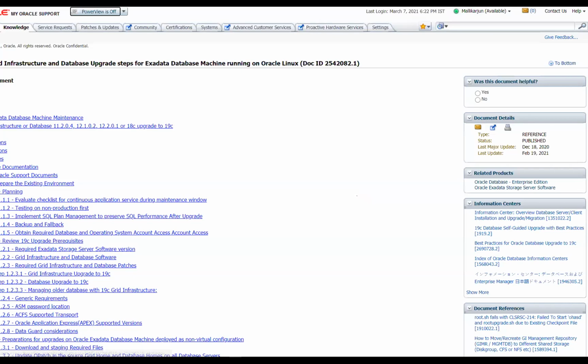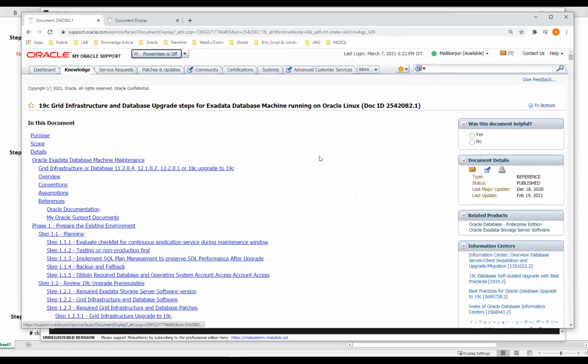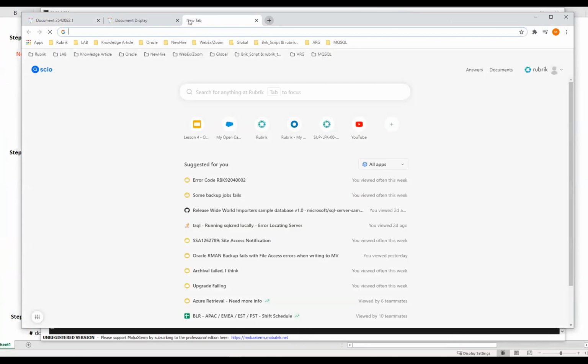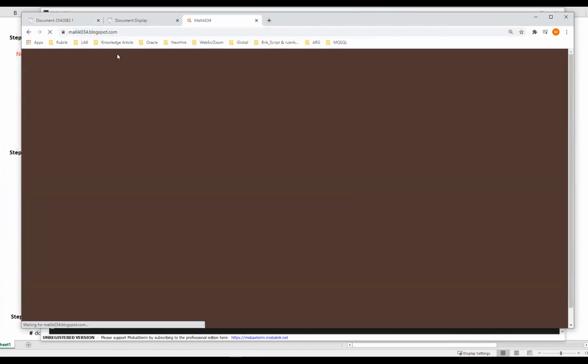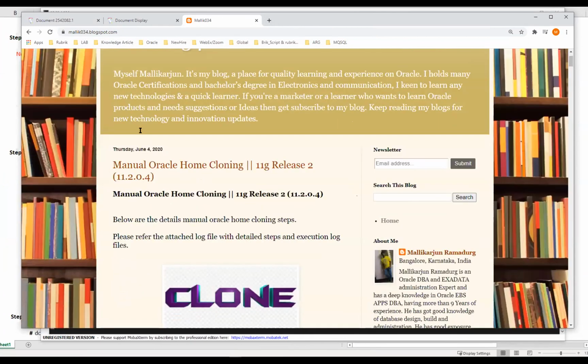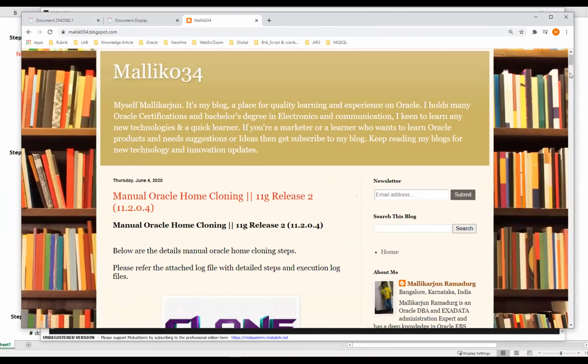And I'll walk through this particular MOS document. This specifically talks about Exadata, but we can make use of it. Before that, I will go through this particular blog, which is my blog, as suggested. Definitely, I'm going to continue with this one. See, this was the old one, I think June 2020. After that, I have not updated anything.